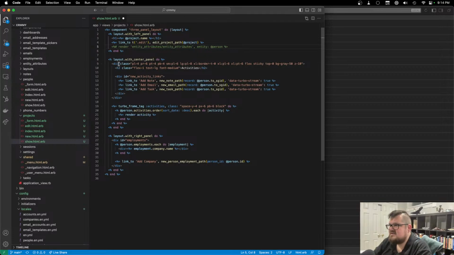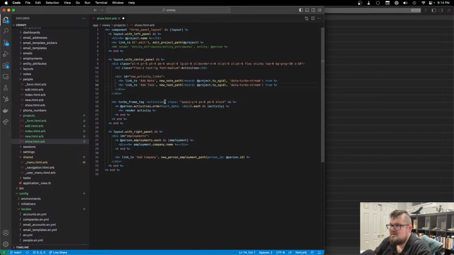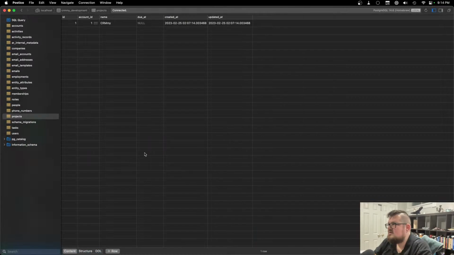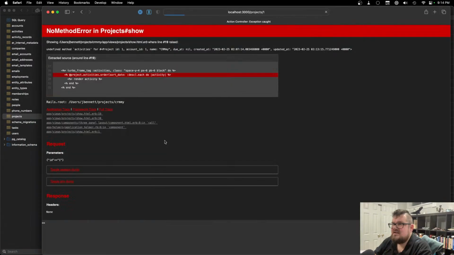In here we've got the activities and we want to make this be going to project.sgid. Yep. But we don't want to do emails. So we can do notes and tasks and project.activities, render activity. Layout, we can't do employments, that doesn't make sense, so we'll remove that. And we just have nothing over in here. All right, so if we refresh this now,